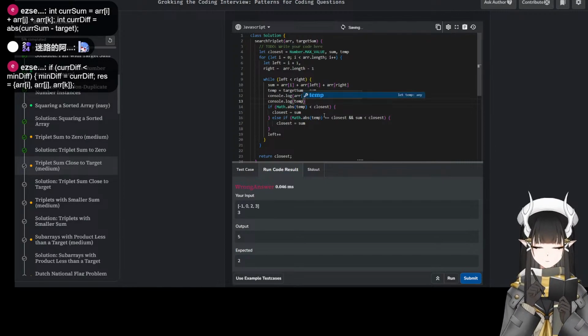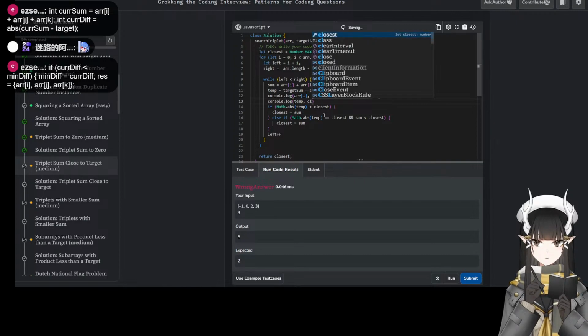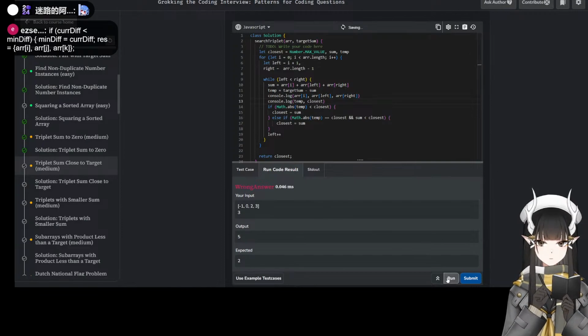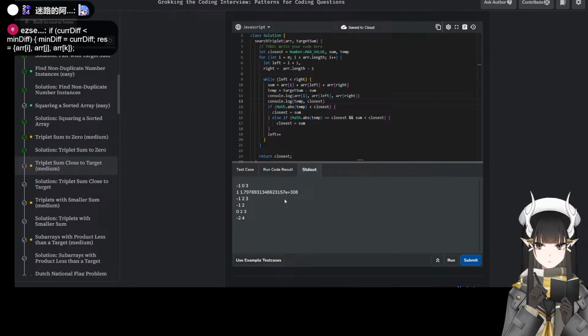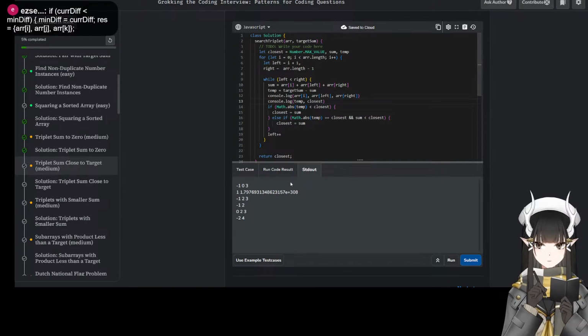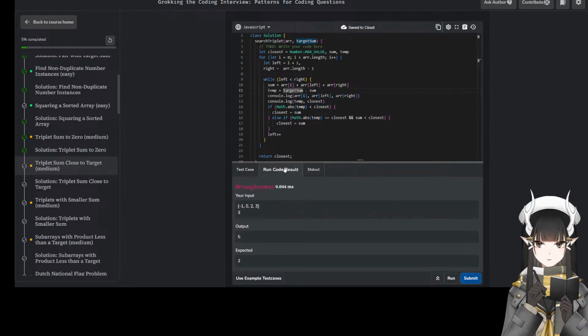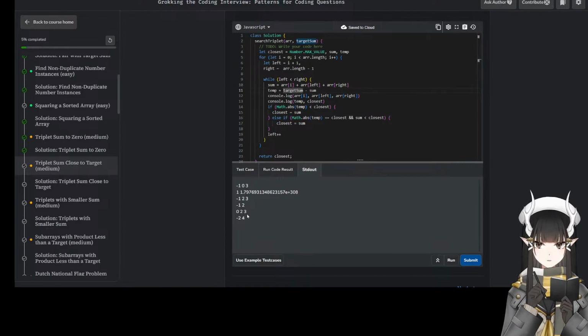Temps. And then closest. Well, the current closest is a giant big number, so this is fine. Target sum is 1. Wait.